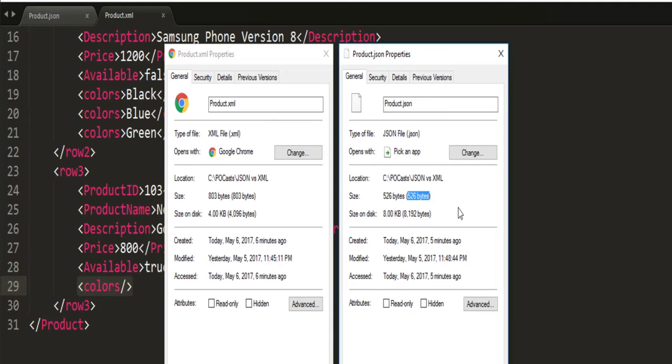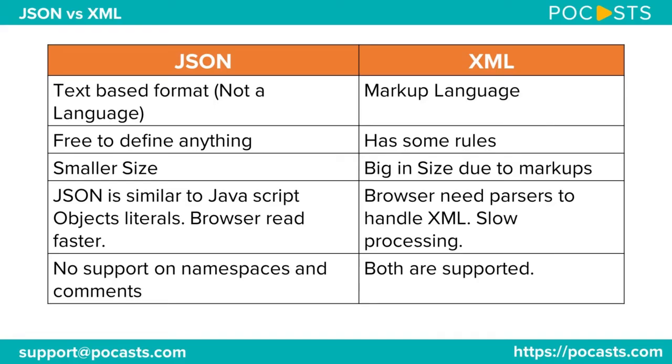That's where JSON came into the market and became very, very popular, because of this one serious condition: it's lightweight and it wins over XML on the size constraint. The other differences I'll show you and talk about. So this is the difference between JSON and XML. I'll go line by line.